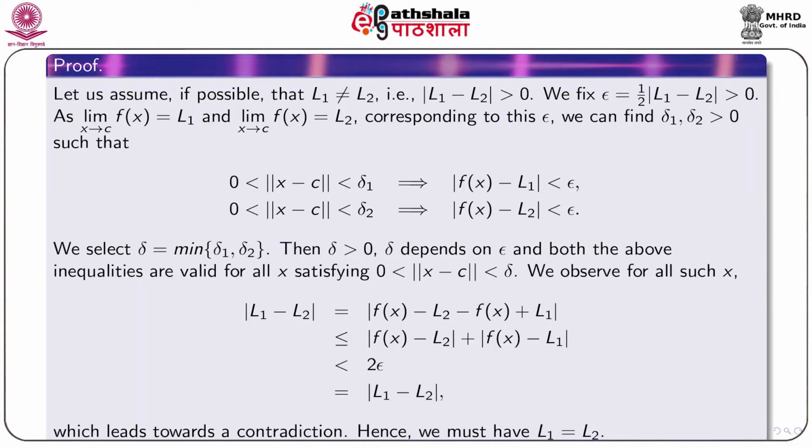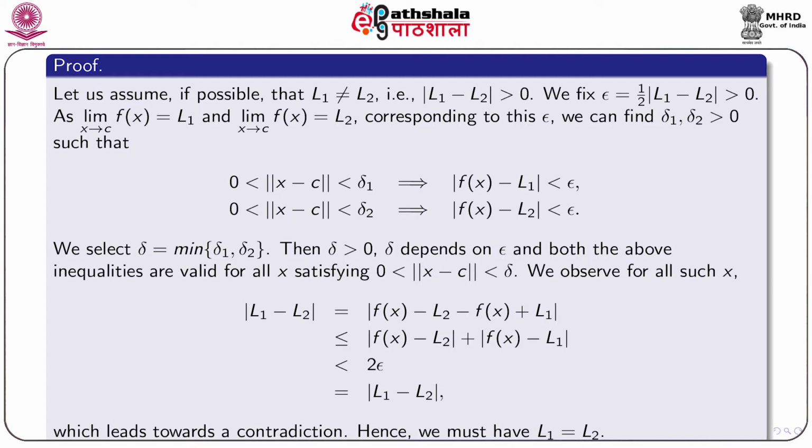We prove. If possible, let L1 and L2 be different, so that the distance between them is a positive real. We fix epsilon as half of this distance. Since the limit of f(x) as x approaches c is L1 as well as L2, corresponding to this particular epsilon,